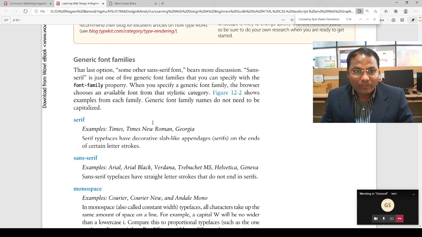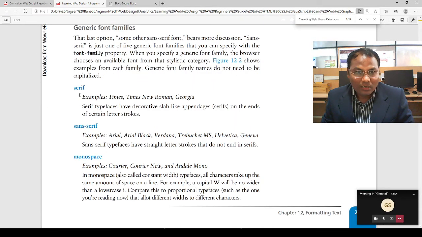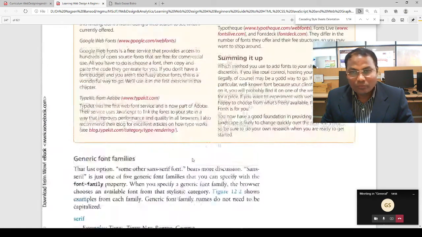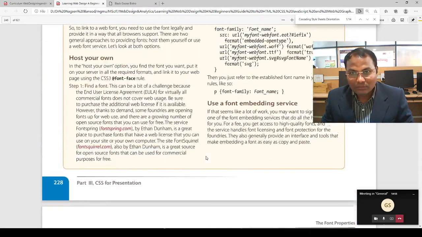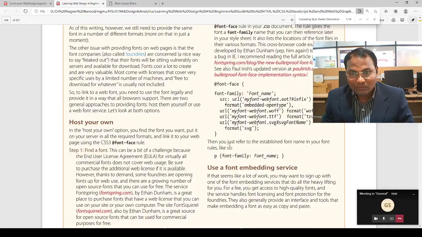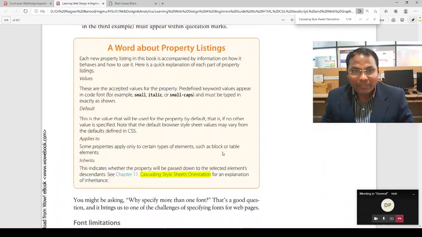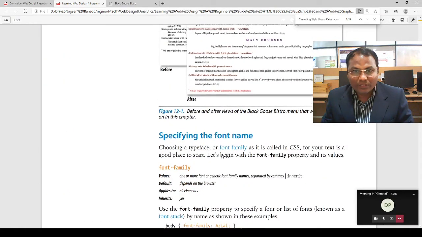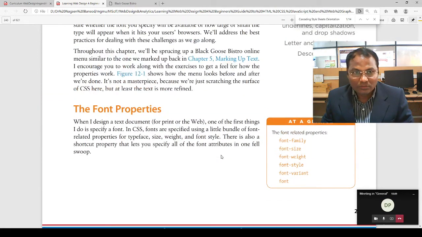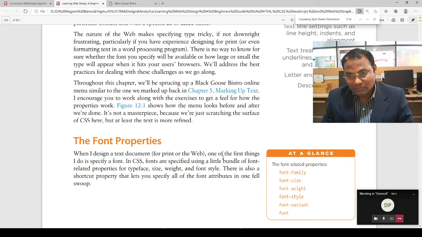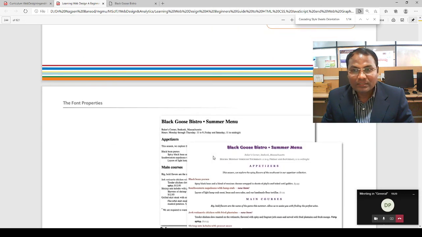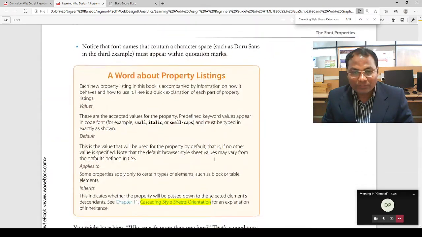In font family, we have seen serif, sans-serif, monospace as well. You can ask questions related to this point if you have not understood it. Font properties: font family and font size we have studied, and in the next lecture we will see the remaining portion of this.